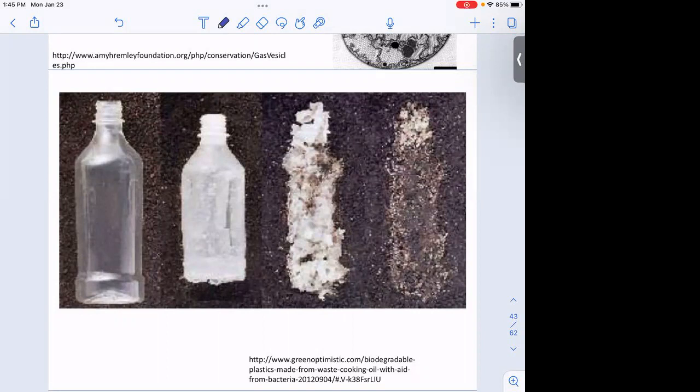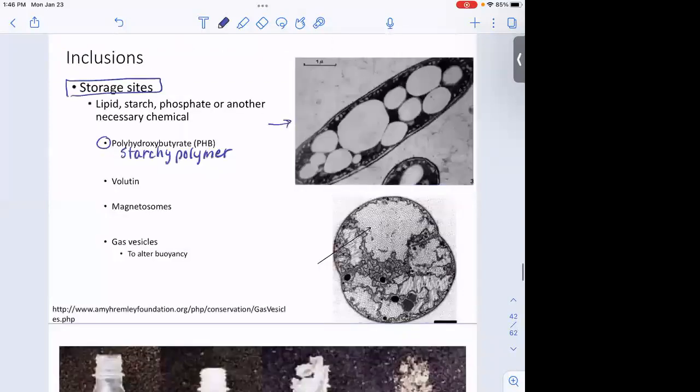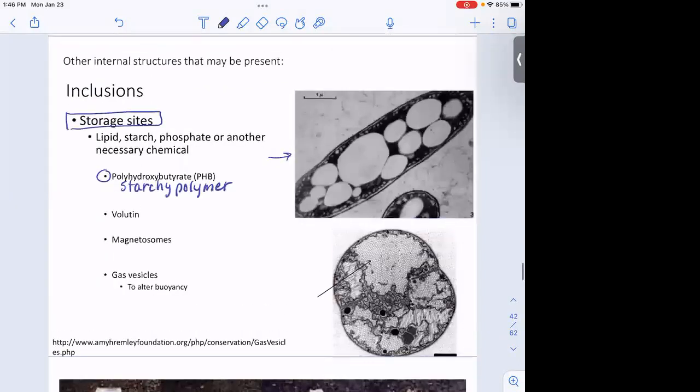And a normal plastic bottle would degrade in the landfill in like 1,000 years, right? But the PHB ones will degrade over a matter of weeks. So that's kind of exciting for some applications. Maybe a water bottle, we don't need it to persist forever. Some things you don't want to degrade that quickly. But it's kind of exciting. It's more expensive to make plastics that way, but eventually we may be able to get the cost down. So that's kind of exciting.